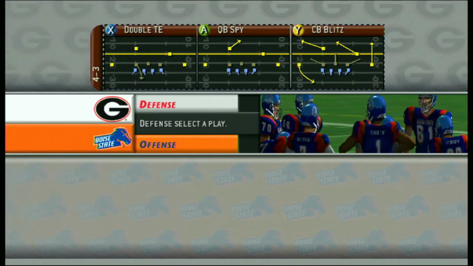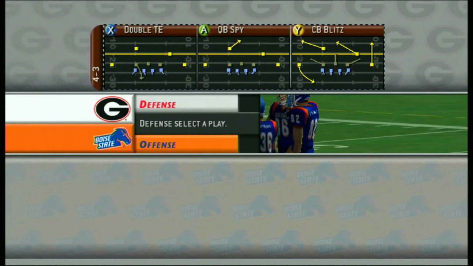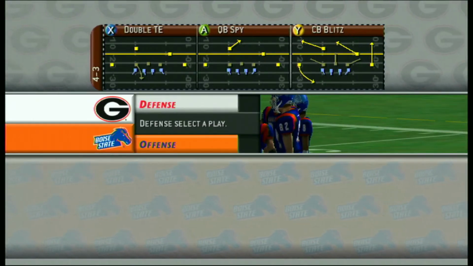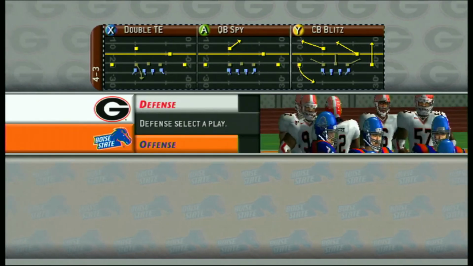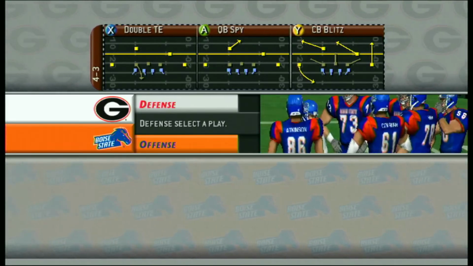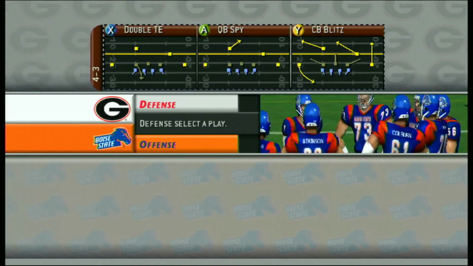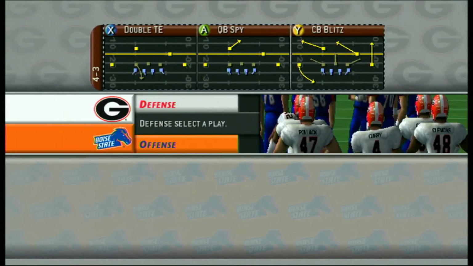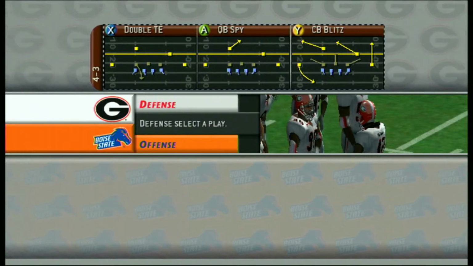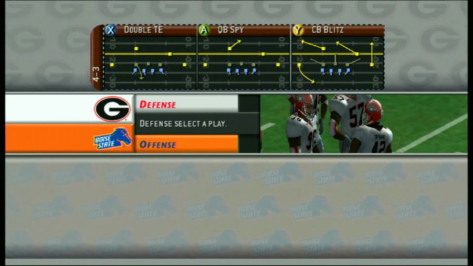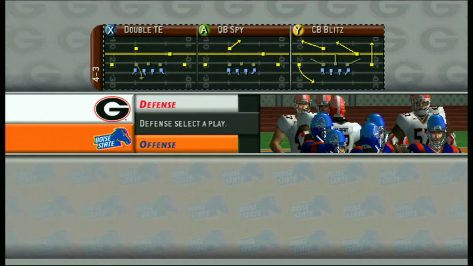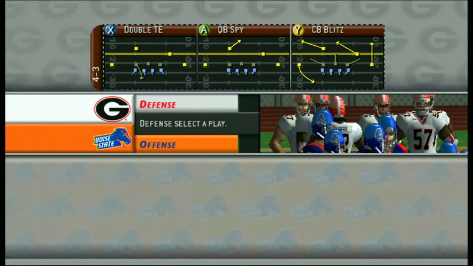Cover 3 or CB Blitz, the Y button option here. It has the safeties not dropping in the same kind of sky coverage, but it's still cover 3 because one corner is dropping back with an arrow, the other one is blitzing, and the 2 safeties are also covering other deep thirds. So, as I was taught, this is called cloud. The idea there, you've got the clear open sky, and you've got clouds in the sky, and one thing that made me remember it is both safeties are floating like clouds in the sky or whatever. Does that make any sense?